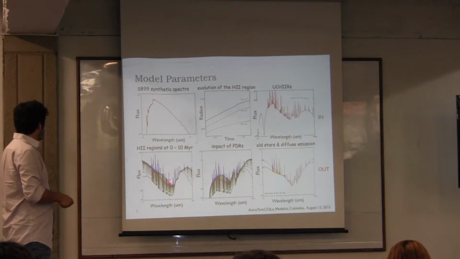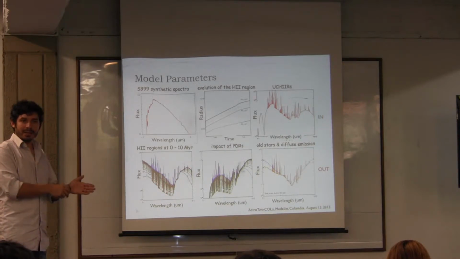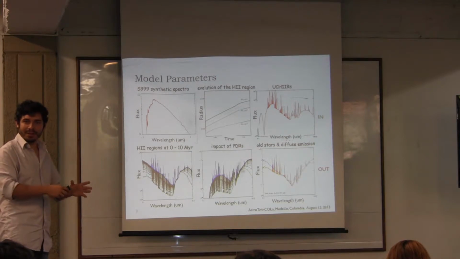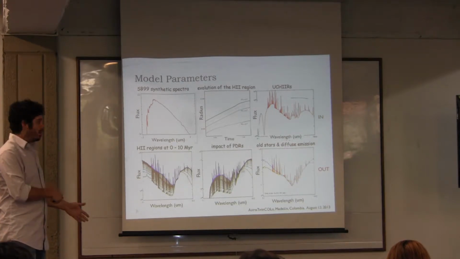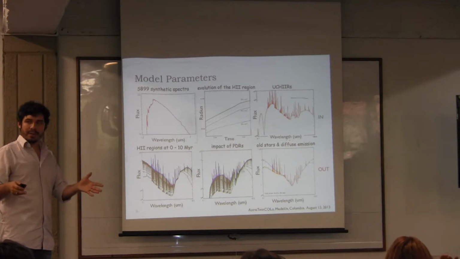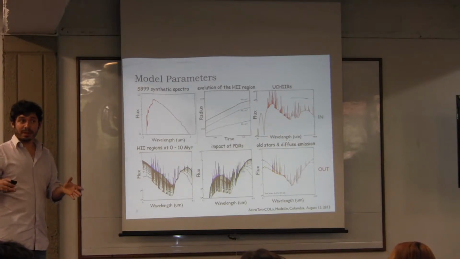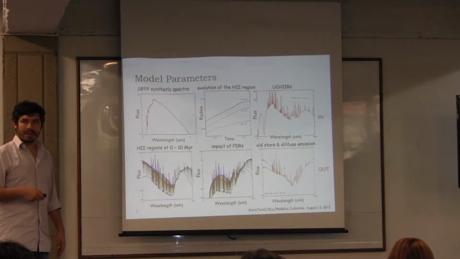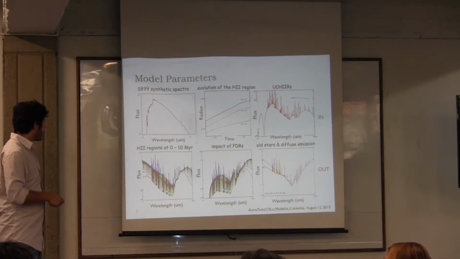And then you get out basically SEDs, in this case for different ages, because you follow this dynamically. So you can take SEDs 1 million years after the star formation started, and then all the way to 10 million years. Why only up to 10 million years? Because after 10 million years, most of the very massive stars have already disappeared. They have completed their life cycles, and they are not emitting these very energetic photons anymore.